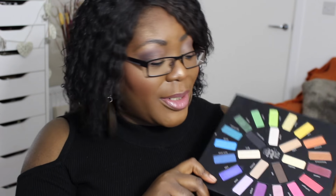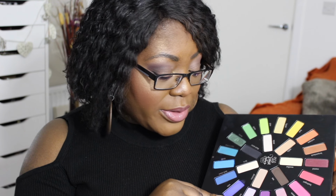And guys, as I said, I've hardly used this particular palette. I don't even know why. It's kind of like a collector's palette as opposed to anything else, but I was just like, I've hardly used this one. Why am I going to get myself another one? But I loved this palette so much, and I loved her eyeshadow quality. I don't know why I'm swatching this because you can't even get this palette anymore, but look at the quality of this palette. But anyway, because I didn't use it, I just said to myself, I can't justify getting another Kat Von D